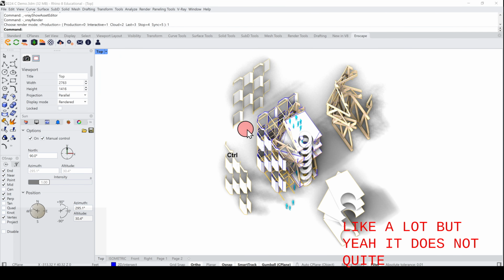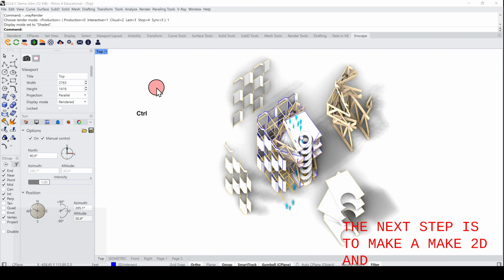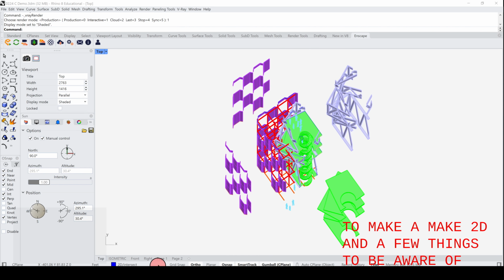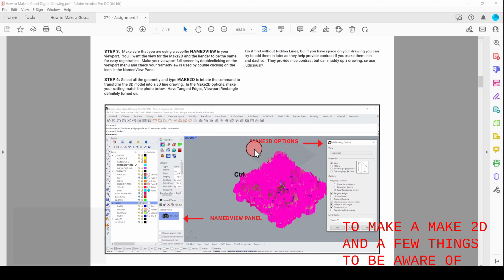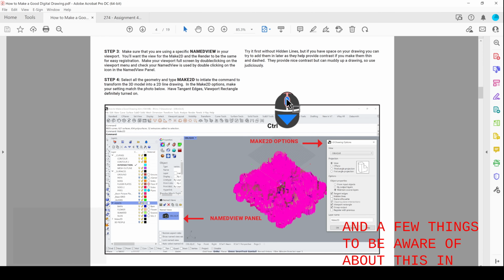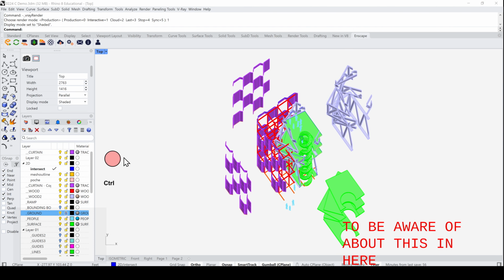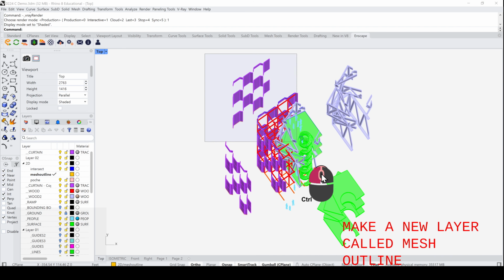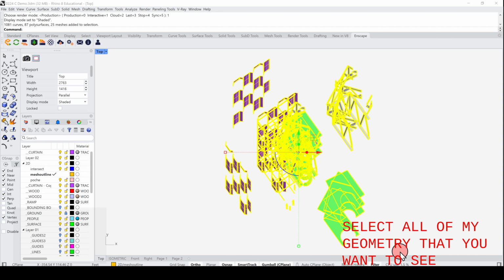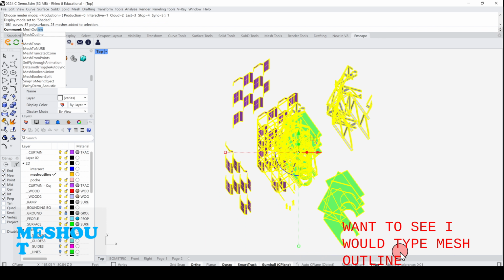Okay. So you've got a rendering. The next step is to make 2D, and there are a few things to be aware of. I'm going to talk about this a little bit. There's one thing you're going to want to do: I would make a new layer called MeshOutline. I would select all of the geometry that you want to see. I would type MeshOutline. And I know this is not a mesh, but what this will do is create effectively a